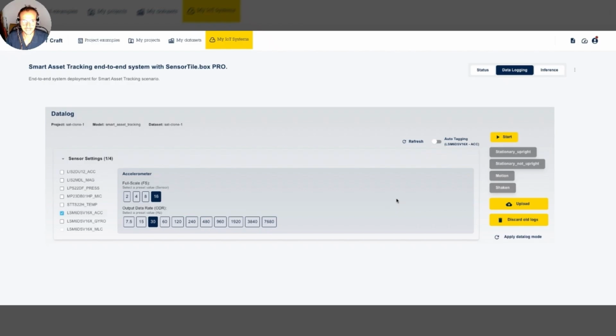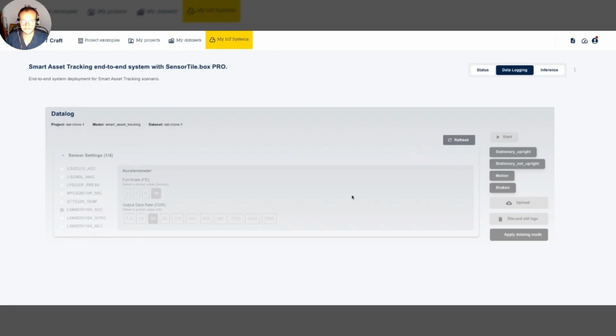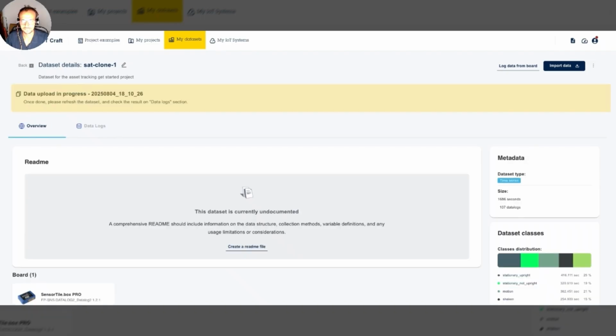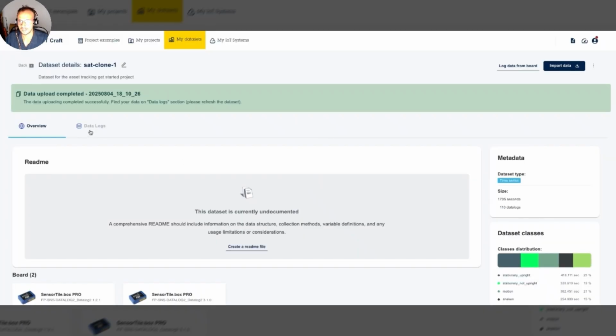And then we can decide to upload them manually from here. So let's do that. The data have been uploaded, and now the cloud web service is converting them into CSV files. So let's refresh now the page, and